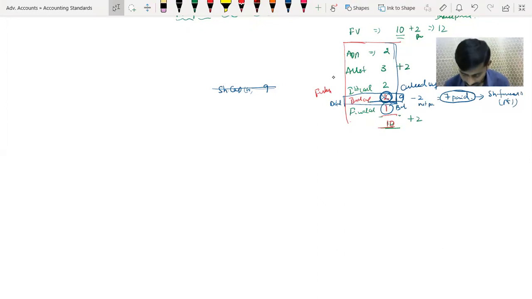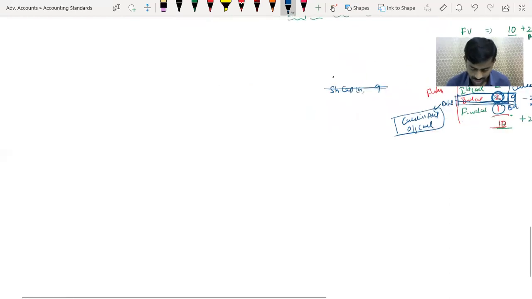Correct? Next, the uncalled capital will be there in either calls in arrears or outstanding call account. Either share final call outstanding or calls in arrears account will be there. Since it is money receivable, it will show a debit balance as an asset. Now I am supposed to cancel that. 2 rupees is outstanding, I have to cancel it. This is how 9 rupees has to be cancelled.